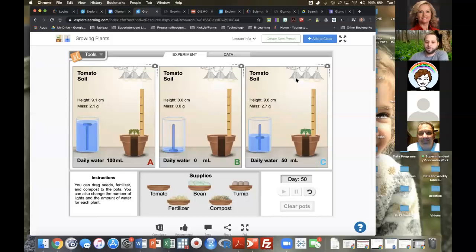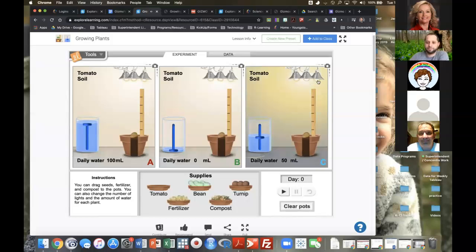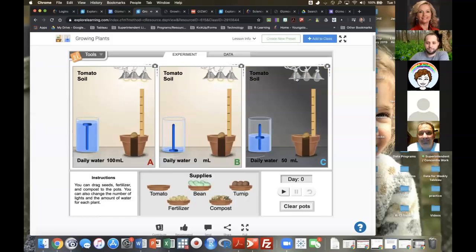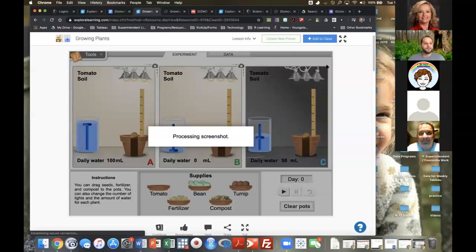You can also change the lights up here for this particular one. Maybe you want less light or more light, and you can run through it again and again. What's great is you're able to redo experiments quickly without needing any resources. Let's say you wanted them to show you their results and put it into Google Classroom. Great, there is a little camera button up here. You click that and it takes a screenshot of what they did. So if you want them to record what they did,